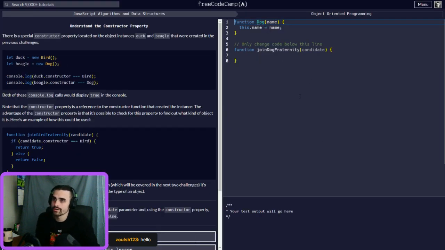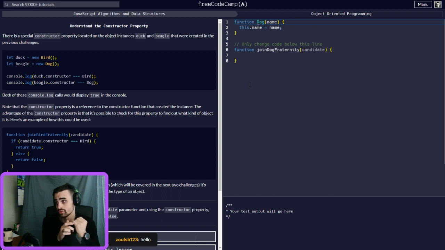On to the next challenge. There is a special constructor property located on the object instances duck and beagle that were created in the previous challenges. duck.constructor is strictly equal to Bird, and beagle.constructor is strictly equal to Dog.